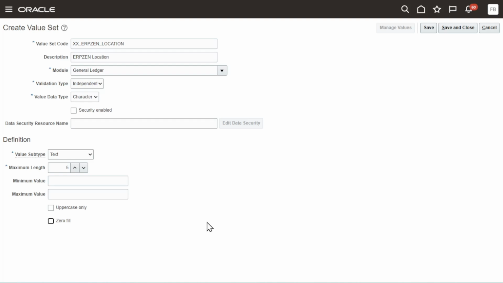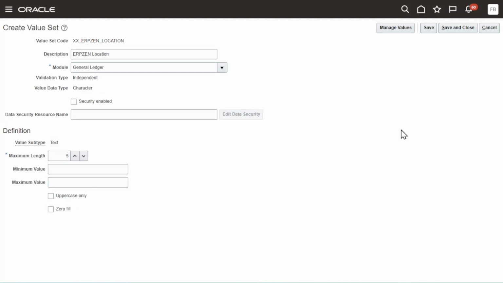Once all the details are entered, click on save. Now your location value set is created successfully. Now here you can see you cannot alter or edit value set code, validation type, value data type and value